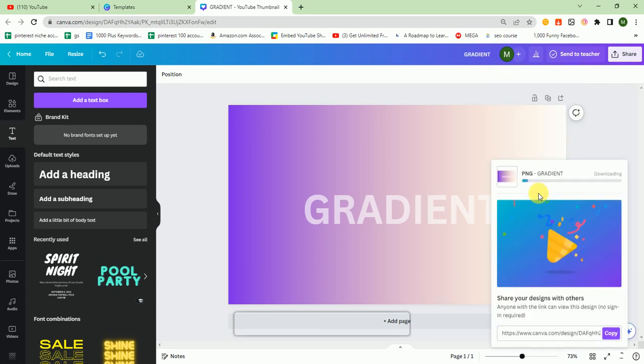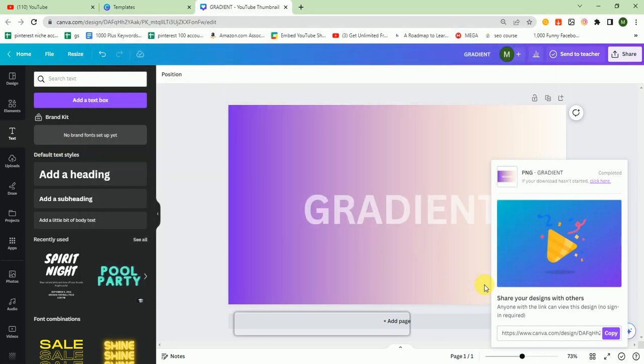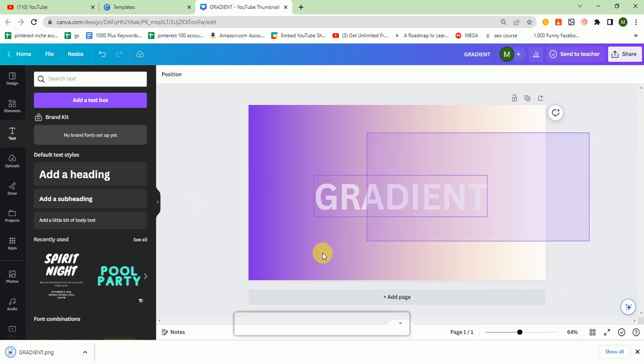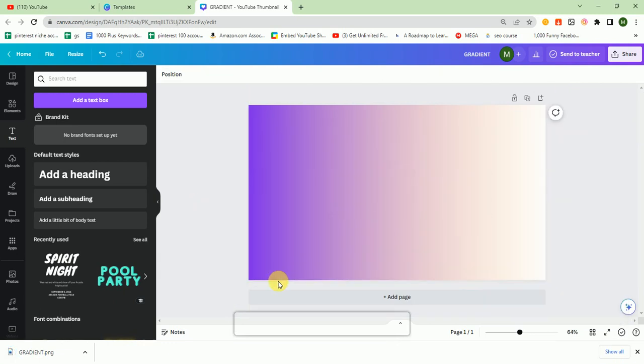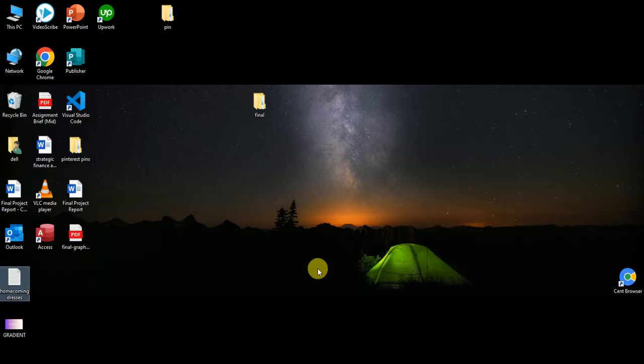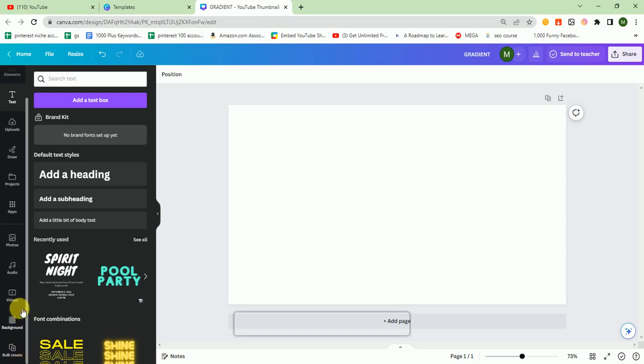Download. It is downloading. Wait for some seconds. So I download it on desktop, and that's it. After that, I delete the image, the background, and all things. And after that, I go to upload sections, photos,